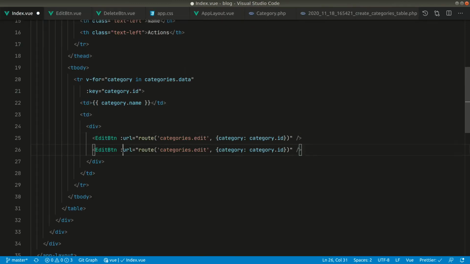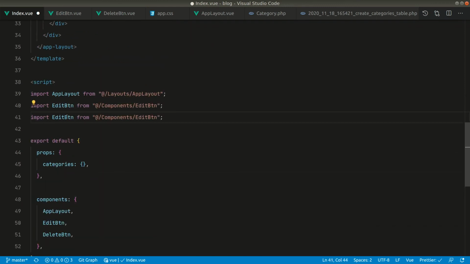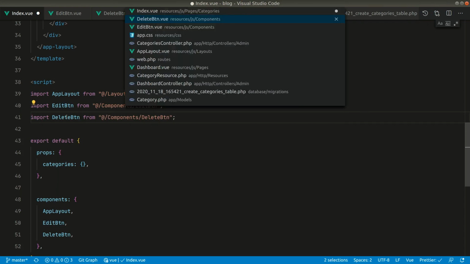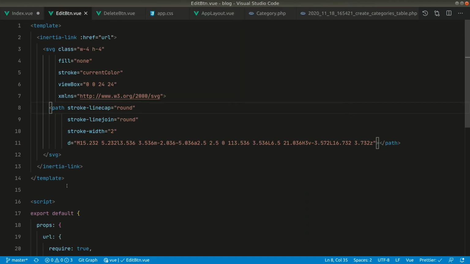We also need to pass the URL here because we want to delete a category and we need a URL for that. So let's say categories.destroy and this here, yeah, and let me use the delete button here and import it, and let me again bring back this URL from here.